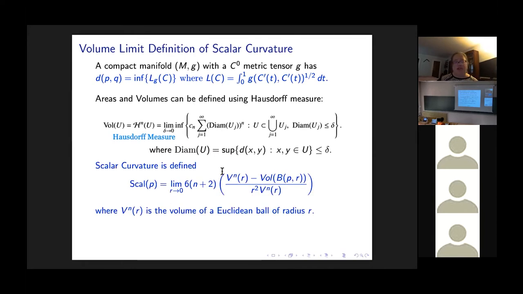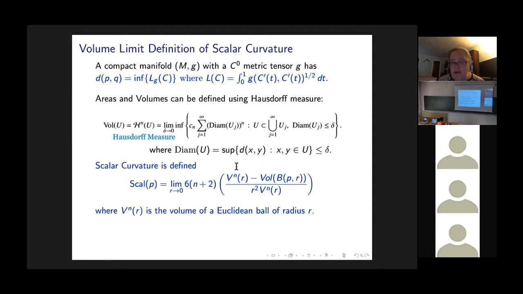The scalar curvature can then be defined as long as you have these notions. Distances, volumes, areas are defined. Hausdorff areas will have the n change to be whatever dimension you're interested in the measure being. And so we can define scalar curvature as a limit as r goes to 0, 6(n+2) times the volume